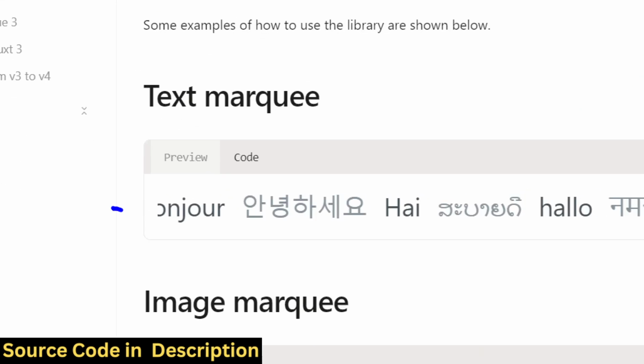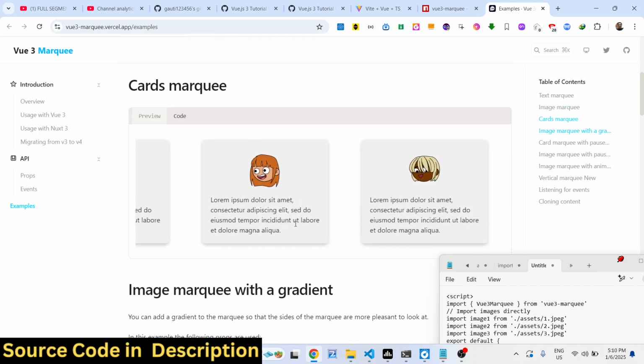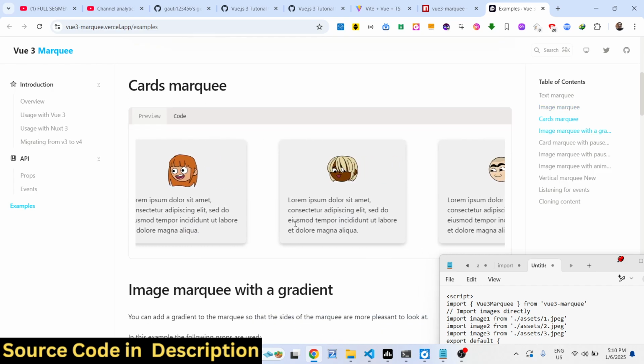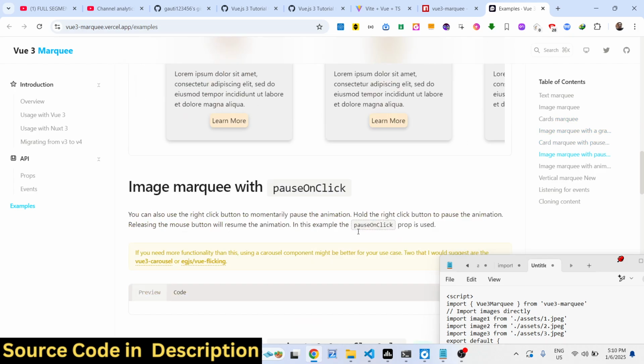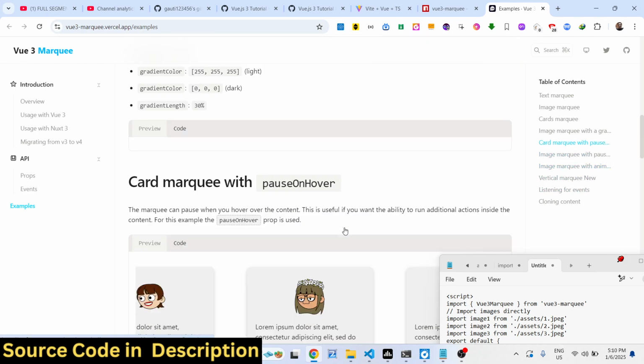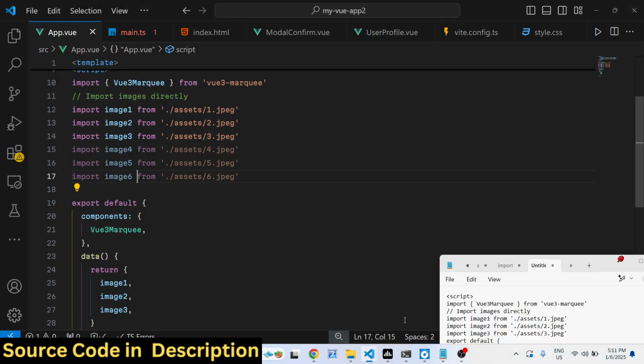You can even animate text as well. If you don't want to animate images, you can animate almost anything, any code. It can contain gradients. So a lot more examples are given. I will show you a very simple example. Scrolling text, scrolling images, all sorts of things you can animate. So now to get started, first of all, after installing it,